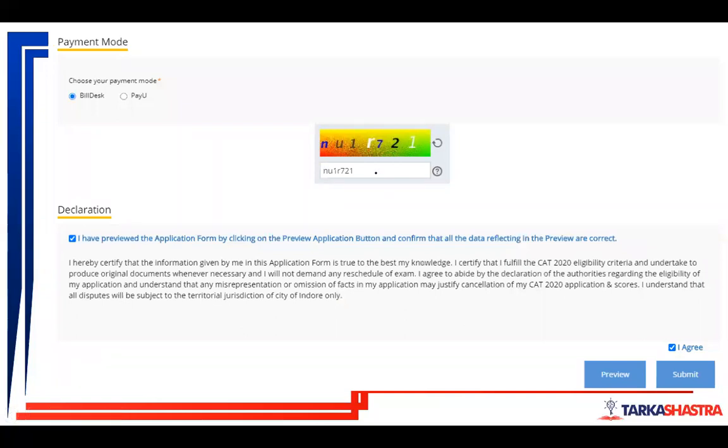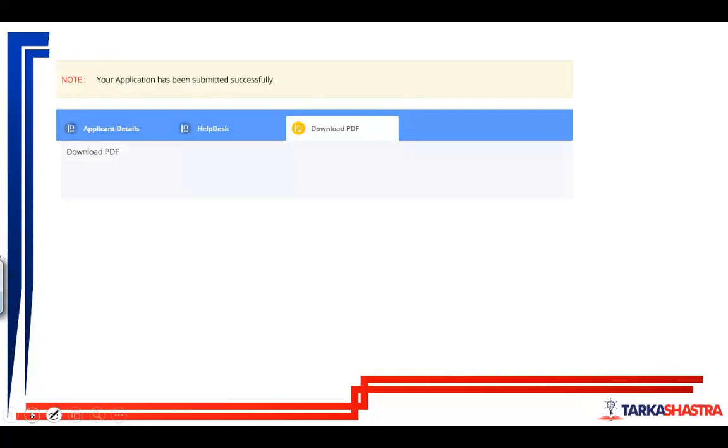You select the one, enter the captcha, then click here that I have previewed the application form, but first preview it. And no information should be wrong. It is your information which you have to mention correctly. Next, click on I agree. You will be directed to the payment gateway. After the payment is done, you will again be directed to this page from where you have to download the PDF. Download the PDF and save it in a safe place.